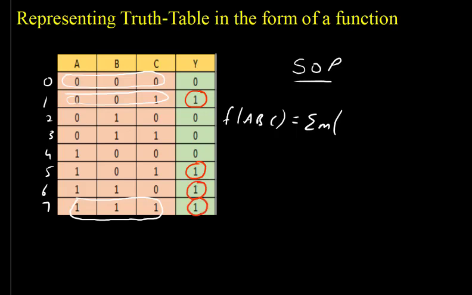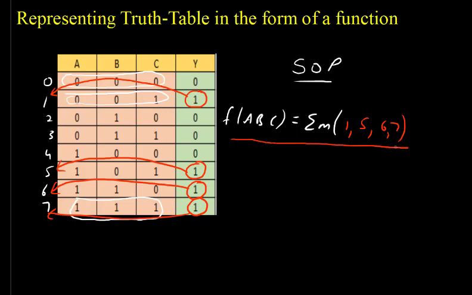Now for these min terms, what is the number? This is the number 1, and for this the number is 5, and for this the number is 6, and for this the number is 7. So we write in this way, f of ABC equals sigma small m of 1, 5, 6, 7. So this is how we write. This one line can be used to redraw the truth table again. The advantage is, instead of drawing so many entries, we can just write this in one single line and the entire truth table can be understood.